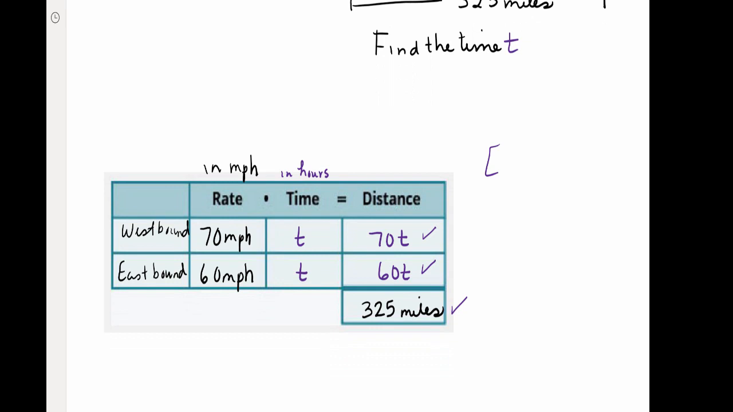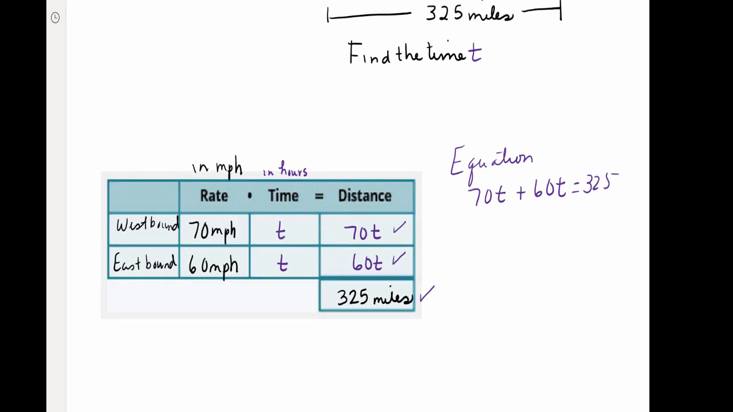So the equation is that 70T plus 60T is equal to 325. Okay, well this is good. To solve this, let's just combine the like terms. So 130T equals 325. And then we're going to, of course, divide both sides by 130. And so T equals